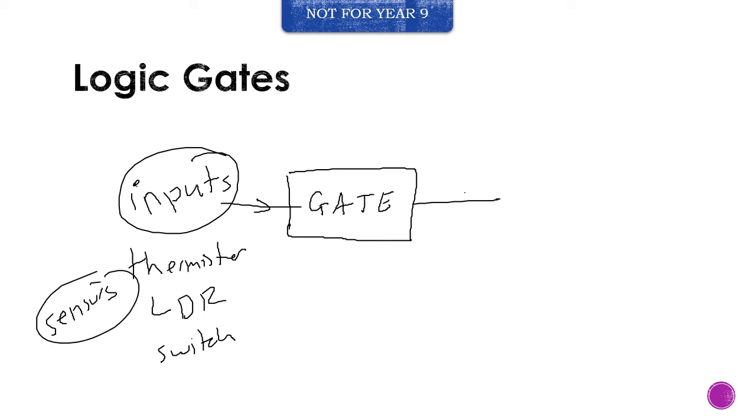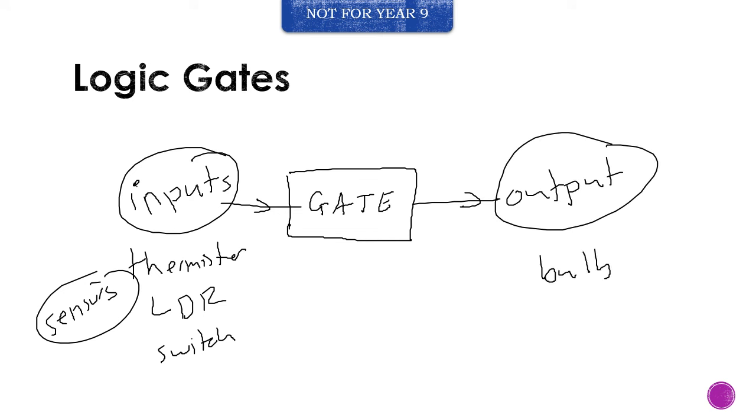And the output of the gate could be anything like a light bulb, an alarm, a door, some kind of mechanism. In other words, a logic gate is the component that's responsible for the automatic processing